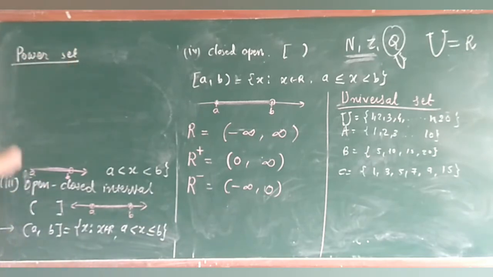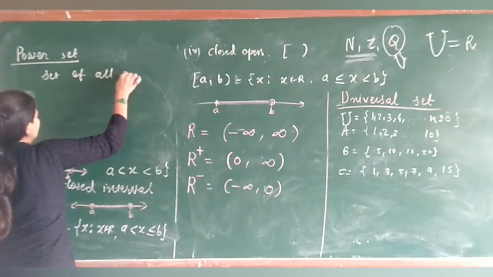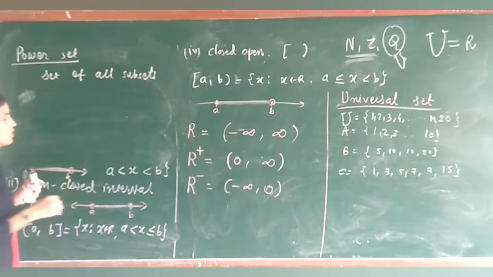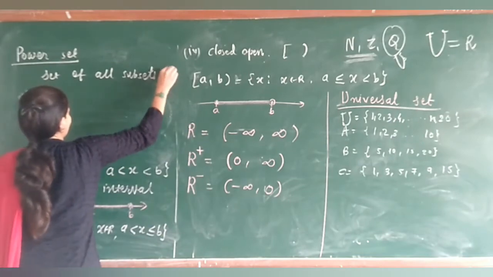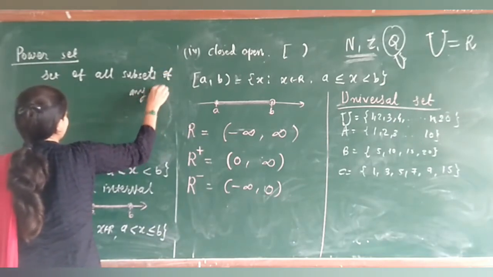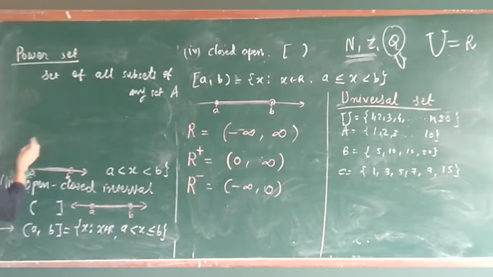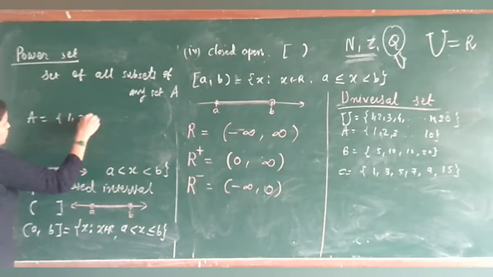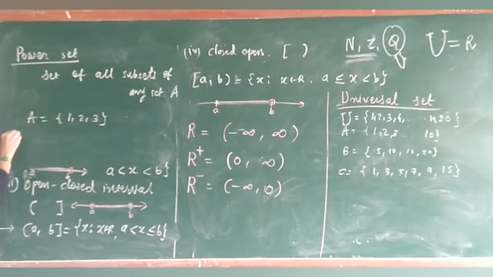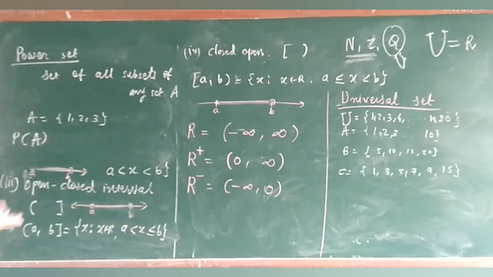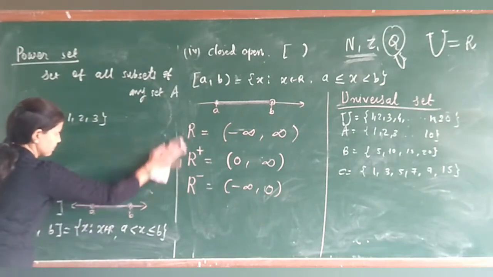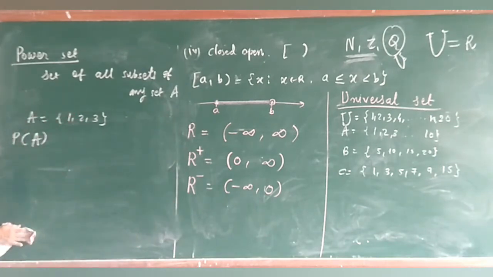So power set क्या होगा? If I have a set, or it is a set of all subsets. Okay, power set क्या होगा? It is a set of all the subsets of any set. Of any set A. If I write down A is equals to 1, 2 and 3, and if I want to write down the power set of A, it is denoted as power set of A. So P in a bracket A. It is not probability of A, students, because अभी तक हमने probability सीखा है, but it is not a probability, it is a power set of A.